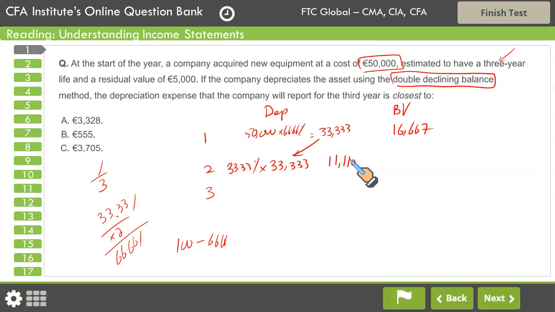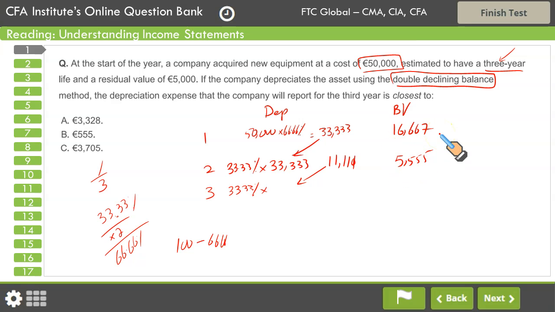Now, what normally you would do for the third year, let's say since this asset has an estimated life of 3 years, let's say if it has a estimated life of 5 years. So in the third year, what you would do, you will take 33.33% of this number. But one important point to note, that your book value at the end of year 3, it is 16,667 less 11,110 or 111 if I put the complete number. It's going to be